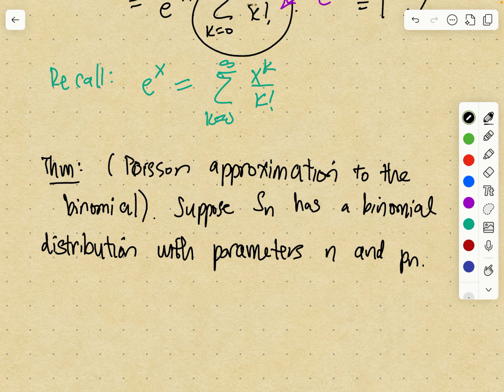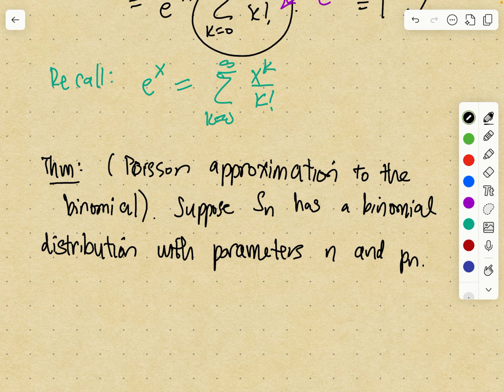Okay, so S1 has a binomial distribution with parameters 1 and p sub 1. So p sub 1 is just the name for the number that we give for the probability of success. And then S sub 2 has a binomial distribution with parameters 2 and p sub 2. So in other words, S sub n